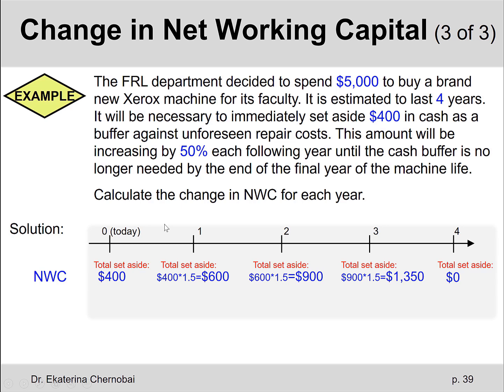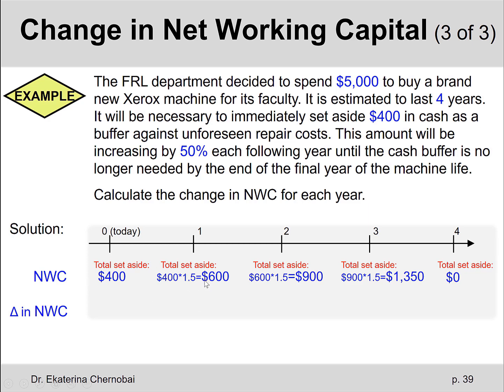However, this is not the answer to this problem, because the answer to the problem is calculating the change in net working capital for each year. So why is it important? What is the difference between net working capital and change in net working capital? So think of it this way. If I tell you that we invest $400 in cash right away for this project, then we invest another $600 after 1 year, and then another $900 and so on, that would actually be wrong, because during the first year